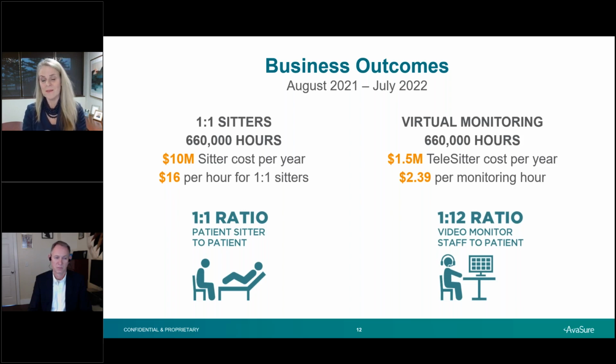That's like no overtime, and that's never ever using agency or ever pulling someone from labor and delivery to help sit because they're having a little bit of quiet night up there. That happens. So that would have cost $10 million during that year, which